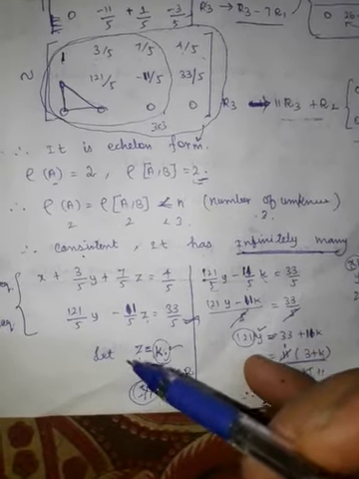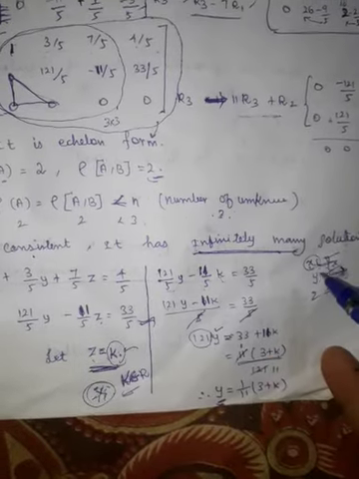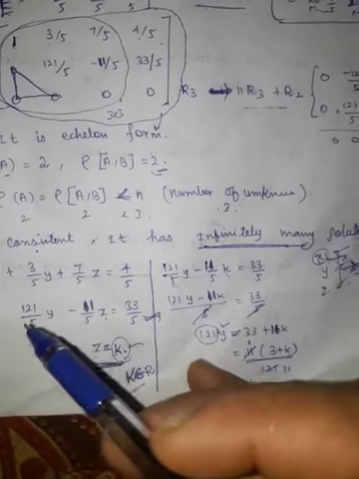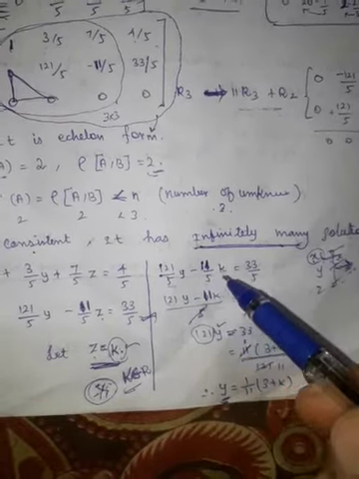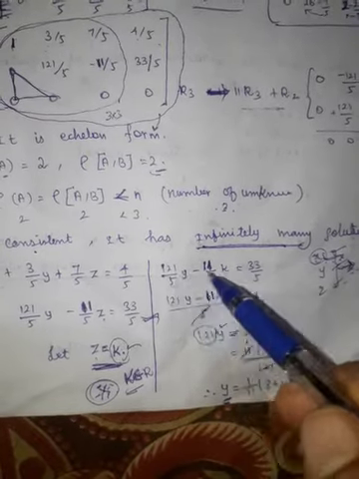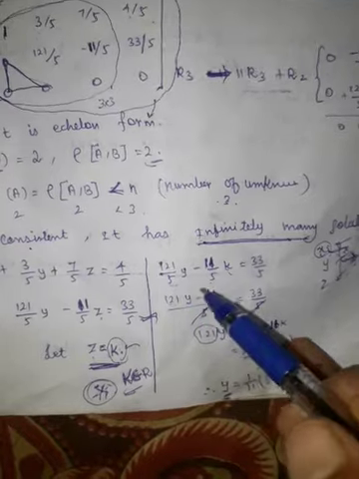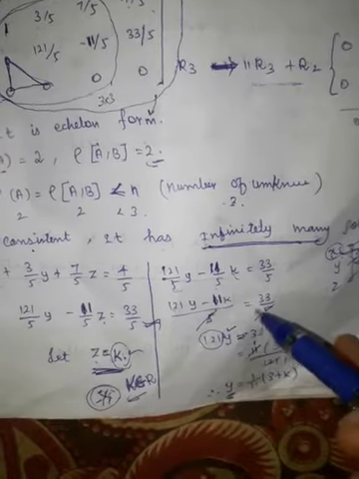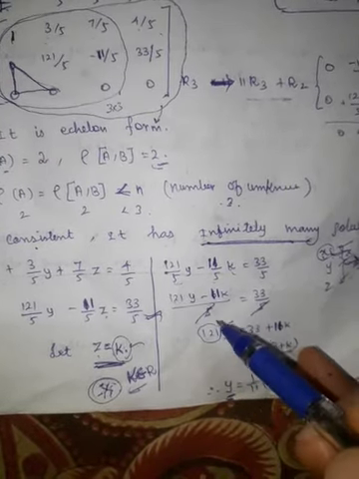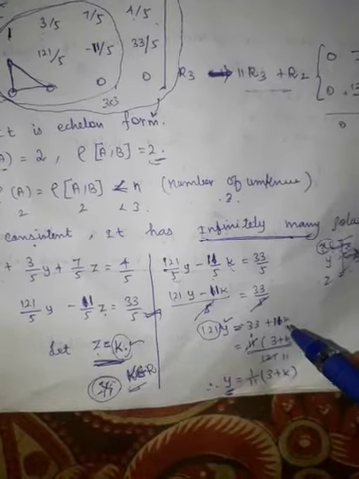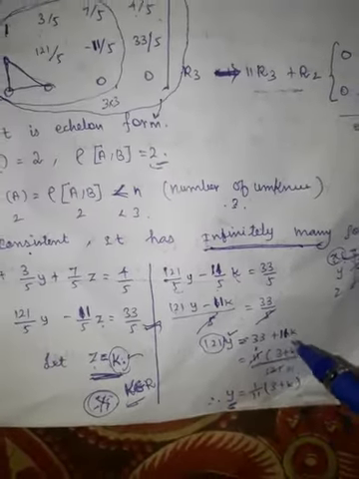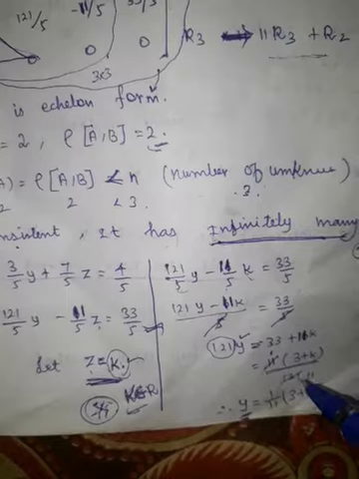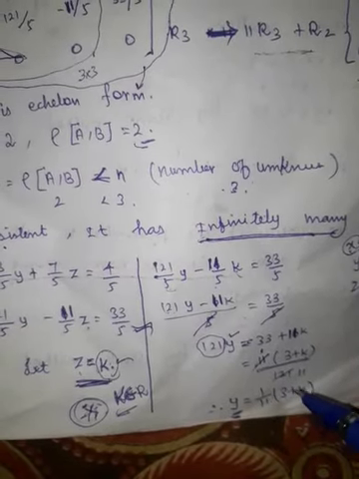Now substitute this place: we want y and x value only, z value we already considered z equal to k. So take this one, 121 by 5 y minus 11 by 5 k equal to 33 by 5. On the left hand side, take the LCM, 5 is the LCM. Both sides, the denominator part is the same, so cancel that number 5. We want y, so this minus 11 goes to the right hand side, plus 11. Take outside 3, 11, the remainder value 3 plus k. This 121 comes to the right hand side, becomes the denominator part. If you cancel this, y equal to 1 by 11, 3 plus k.